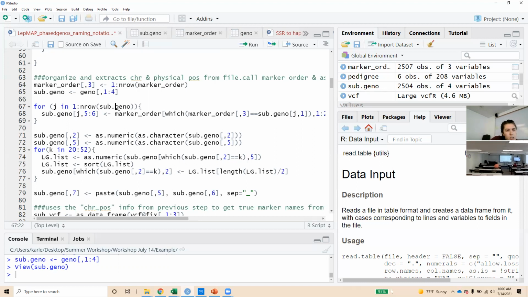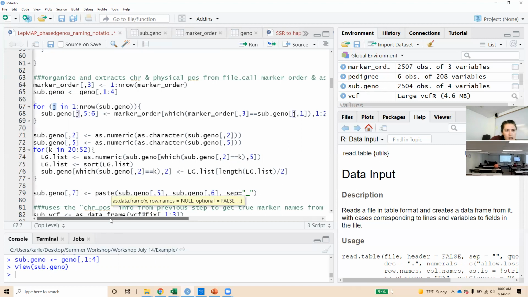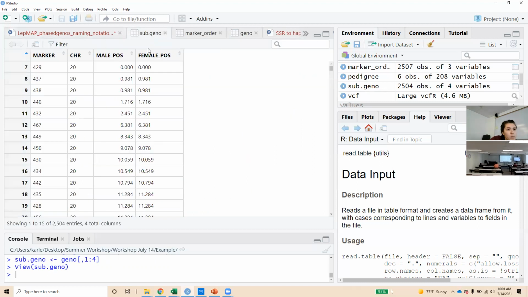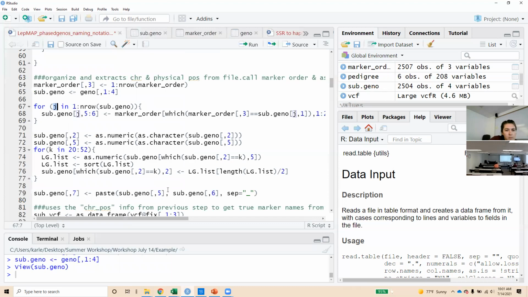All of the rows in the subgeno file, and I've assigned that to be J. This can be whatever letter you want. It's usually pretty standard to use an I, but you can use whatever letter. So you go to column 5 and 6. I'm going through column 5 and 6 in the subgeno variable, which don't exist right now. We only have 4. I'm adding information, and that is,